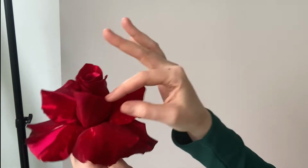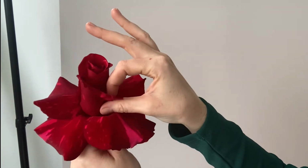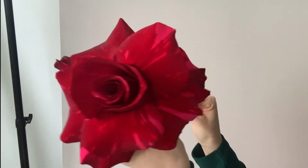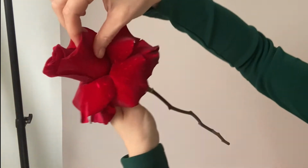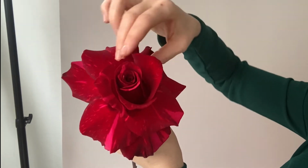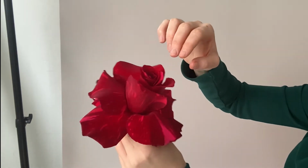And then you keep doing that and keep twisting the rose as you go along. Oh my God, this is so gorgeous. And you'll notice that some of them fold together a little bit, like they overlap, but you just keep going, and just try not to crush the petal. The best thing to do